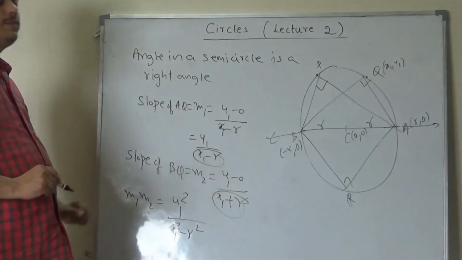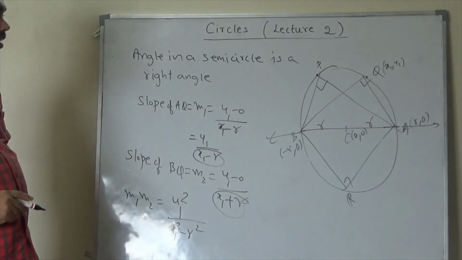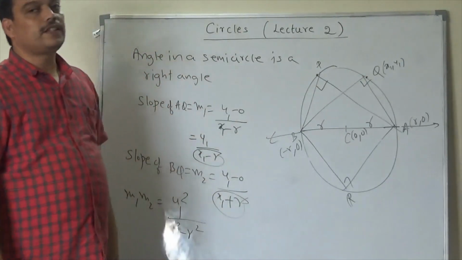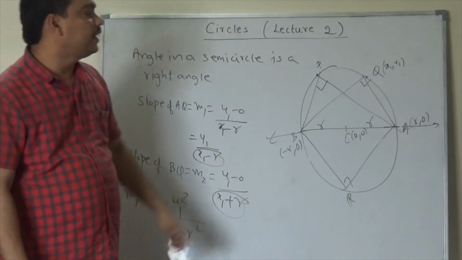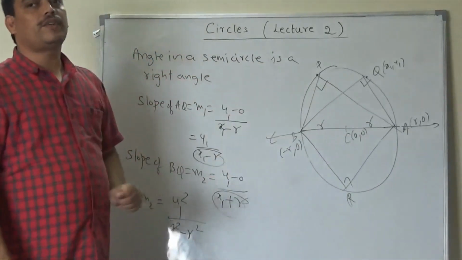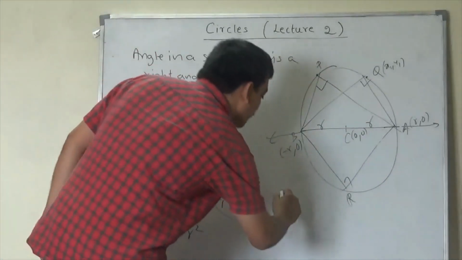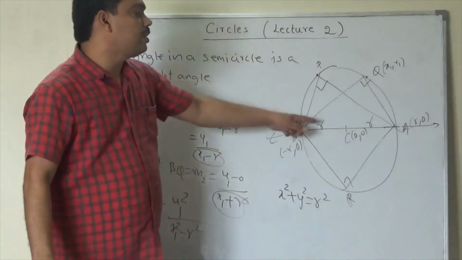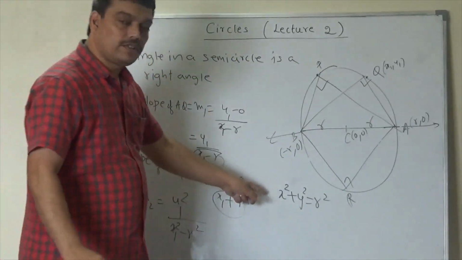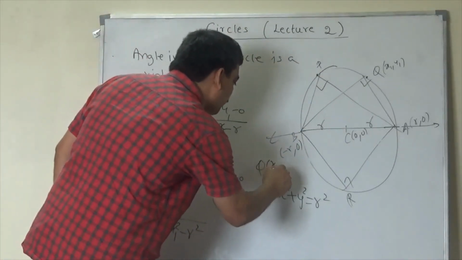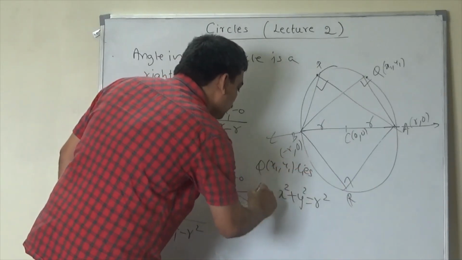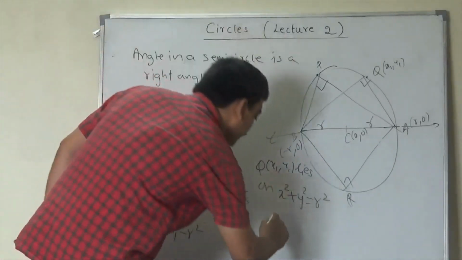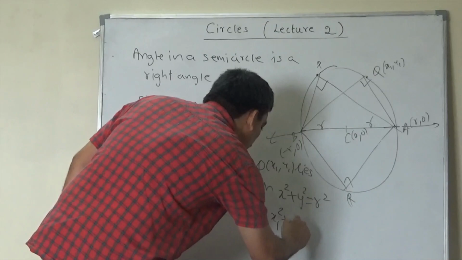Now in order to prove this is minus 1, we need one more result. How do we get that result? You can see that the point x1 comma y1 lies on the circle, so it should satisfy the circle equation. What is the circle equation if the center is the origin and the radius is r? Already we have learned this by discussing the standard equation. The equation of such a circle is x square plus y square equal to r square, because the center is the origin and the radius is r. Since Q x1, y1 lies on this circle, this point satisfies the circle equation. So what do we get? x1 square plus y1 square equal to r square.